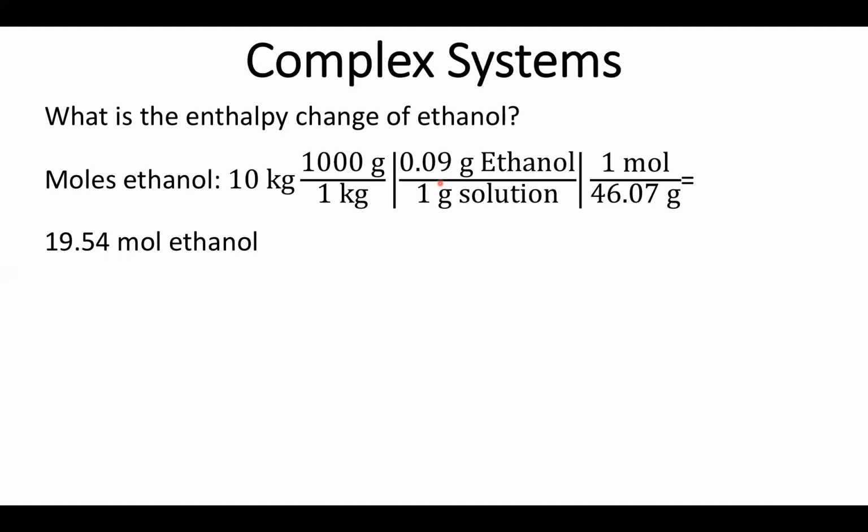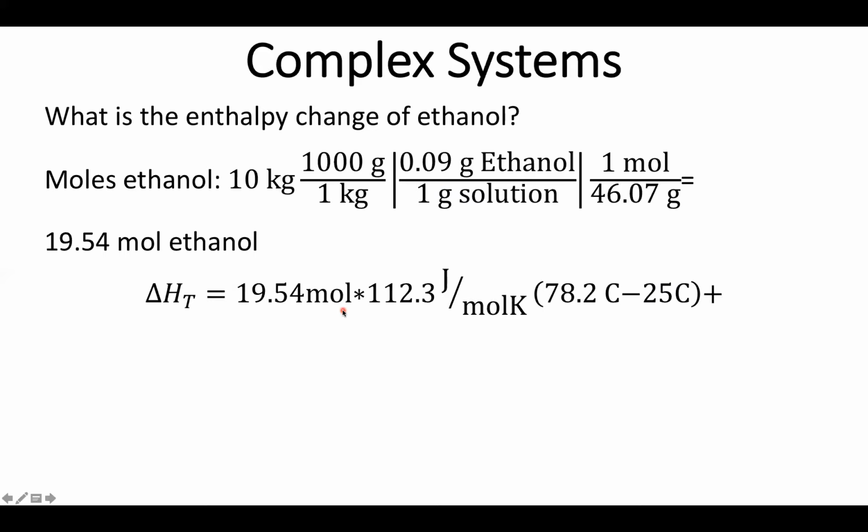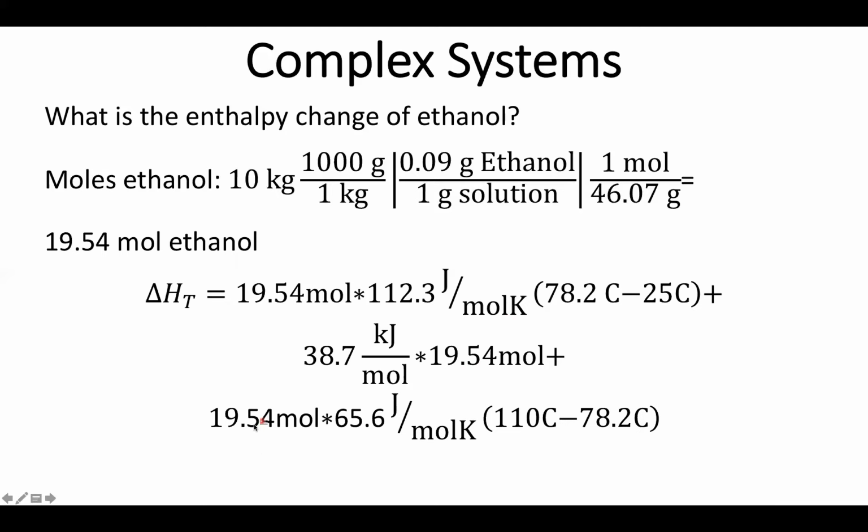And then using this, now I have to split it up into the three major features. The enthalpy of vaporization I provided is at the boiling point of 98.2 degrees C. So I have to figure out how much energy it's going to take to heat my 20 moles to this temperature with the corresponding heat capacity. And then I'm going to have the latent heat of the phase change. So again, this will just be the enthalpy of vaporization and the amount of substance. And then I'm going to end up adding in